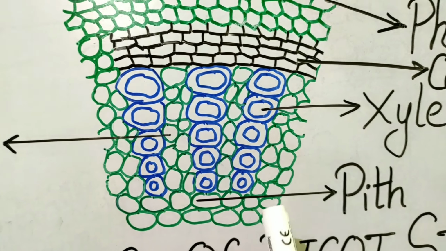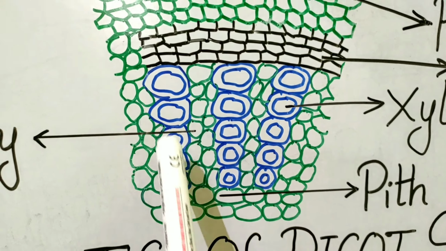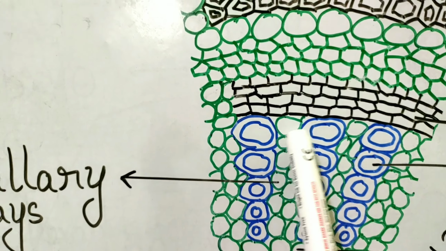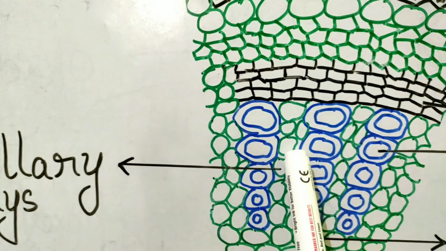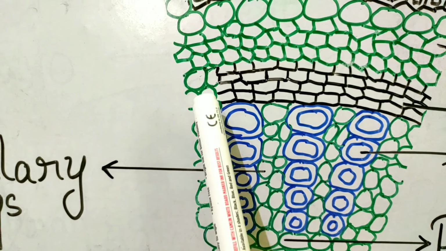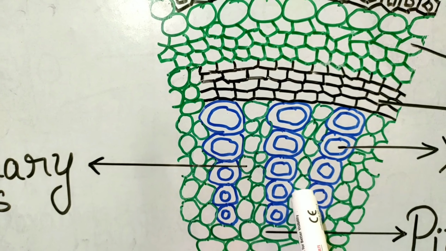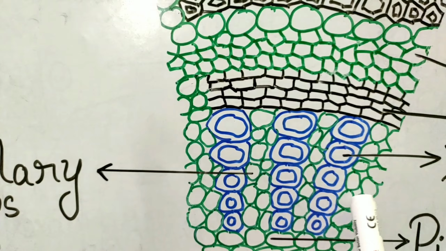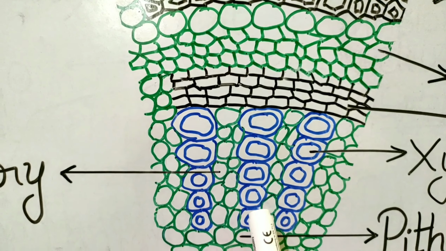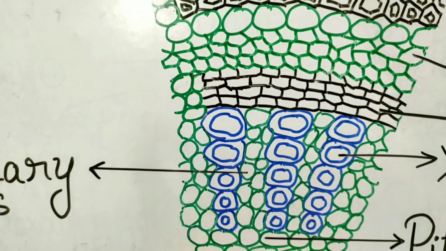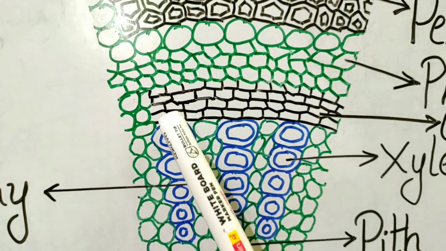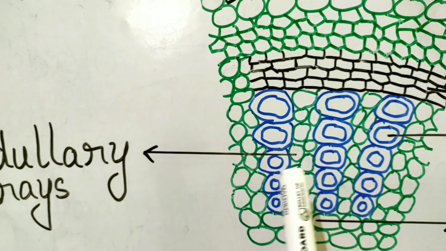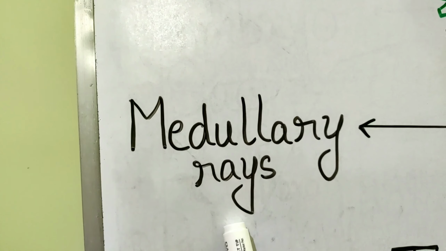Now, again a very important thing: see the xylem vessels which have been drawn in blue. In between you can see some green color cells. These are all parenchymatous cells, which are ground tissues. We have talked about packing tissues, these are. Now these parenchyma cells, how do they appear in between the xylem vessels? They appear like rays, isn't it, like radiating rays of the sun. So these ray like structures produced by the parenchyma cells are known as your medullary rays.